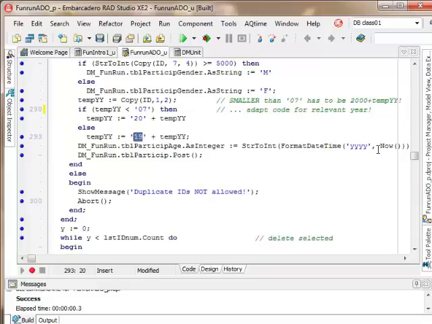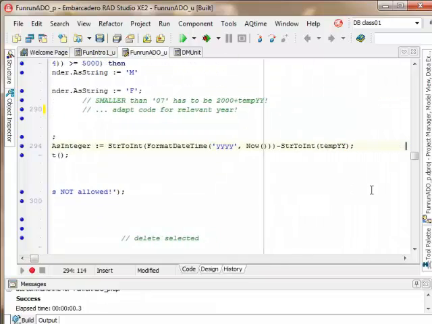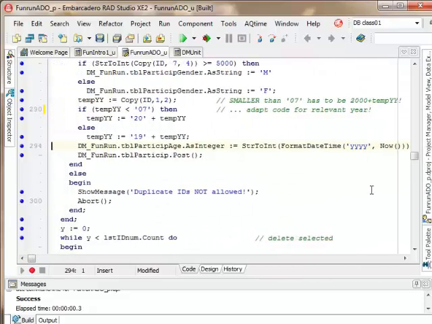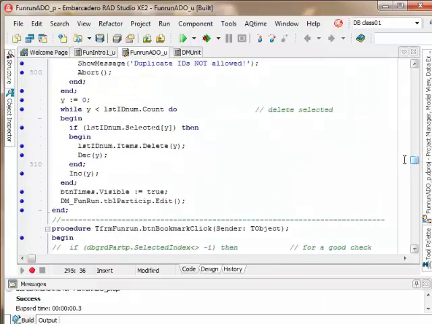So we're just getting from today's year right here to keep life easy again, and we are subtracting our temp year, which was worked out just now, since we added 1920 right in front. If all that data is in place, we can post. That means we are saving that record and we are happy. The last part of that